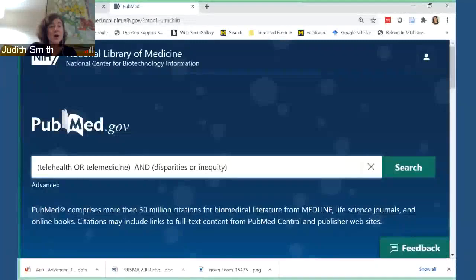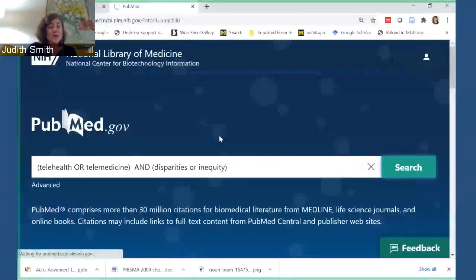And I want to show you that you also want to look in the medical subject headings. The medical subject headings are called controlled vocabulary. It's the tagging that PubMed uses to describe the document at hand. So this is a set language. So healthcare disparities is here, and we also see telemedicine. So as you go along in looking at items that are relevant, what I would suggest is looking for terms that you can use later on.